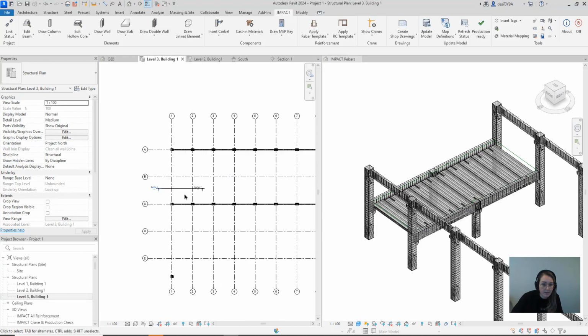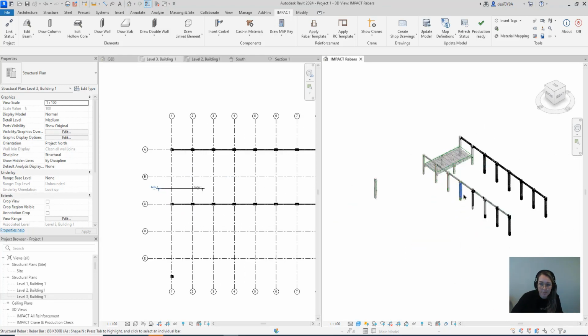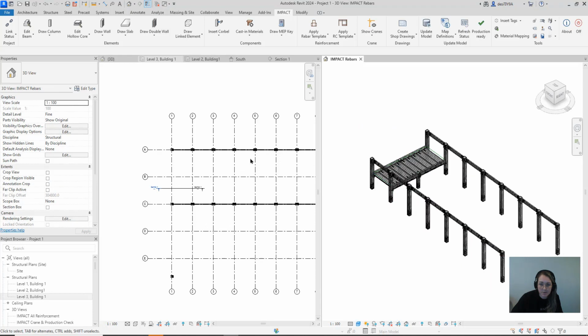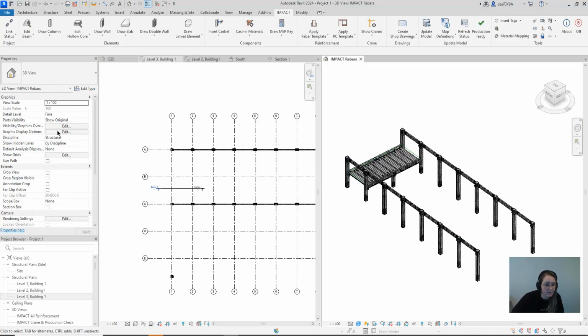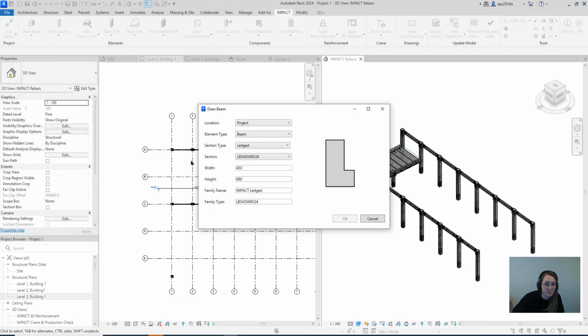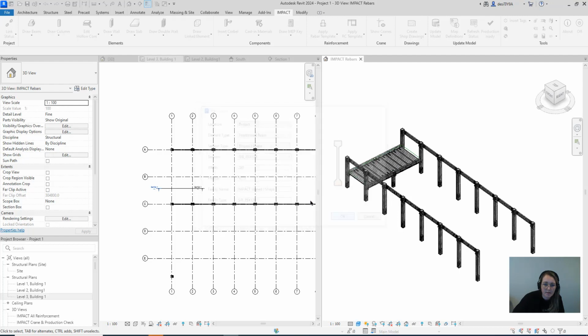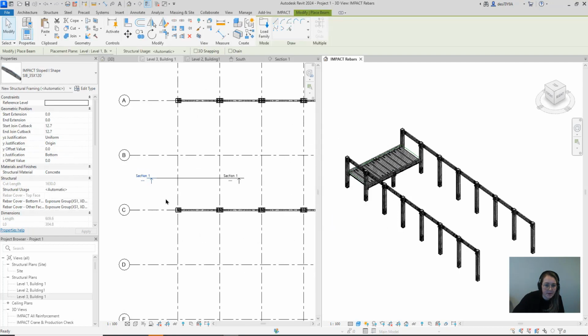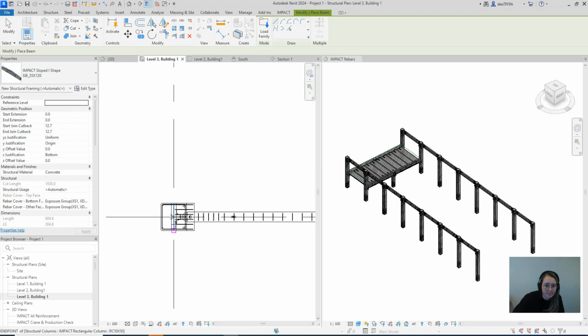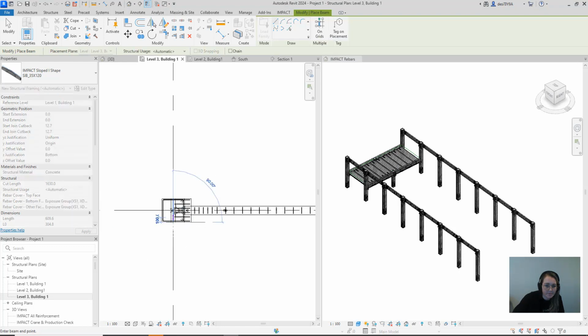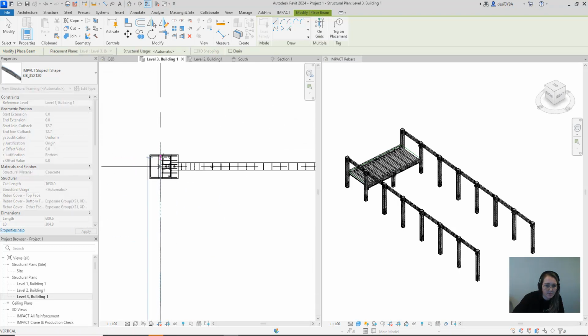I'm going to go into the 3D here and level 3, and drawing a pre-stressed beam is just selecting the element type in here, and here I have a pre-stressed beam. So yeah,